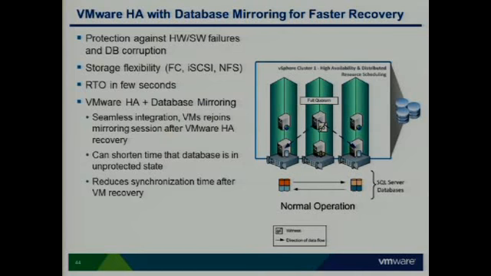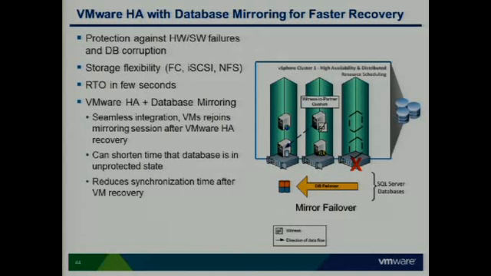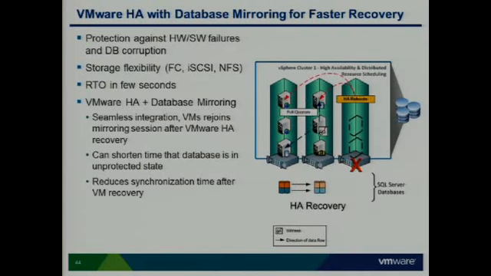If these were physical servers and I lose one of the mirror nodes, how long do I have to wait until that server's fixed? It could be an hour, it could be 4 hours, it could be a day. During that period of time, that application is unprotected. With VMware HA, 30 seconds to 2 minutes later, you're back up and running. Your mirror reestablishes itself, replication continues, now you're still protected, reduces the amount of time that you were in an